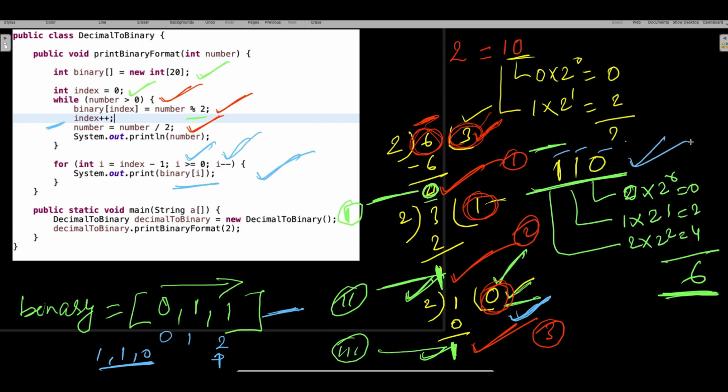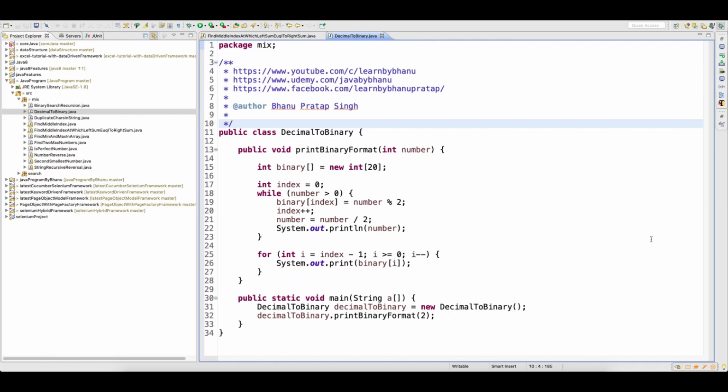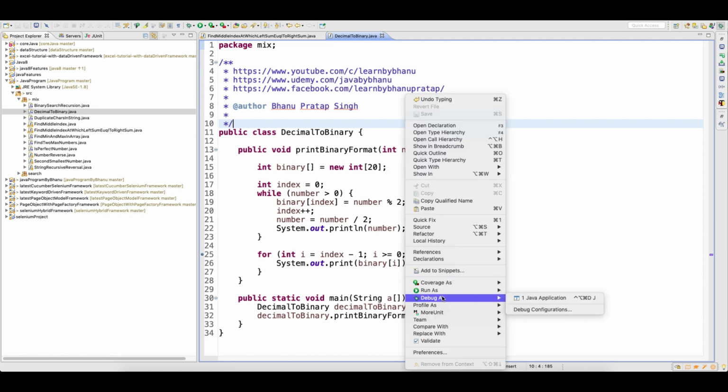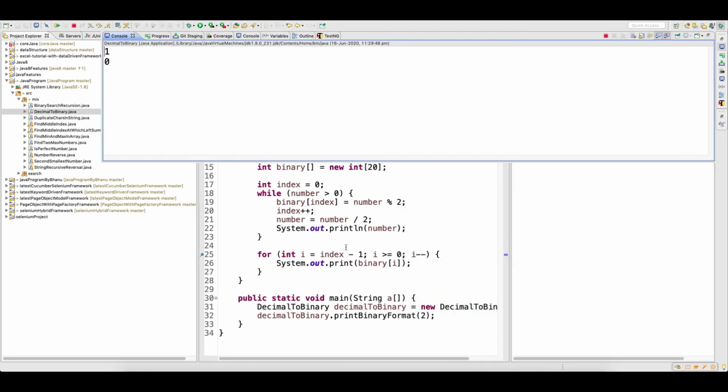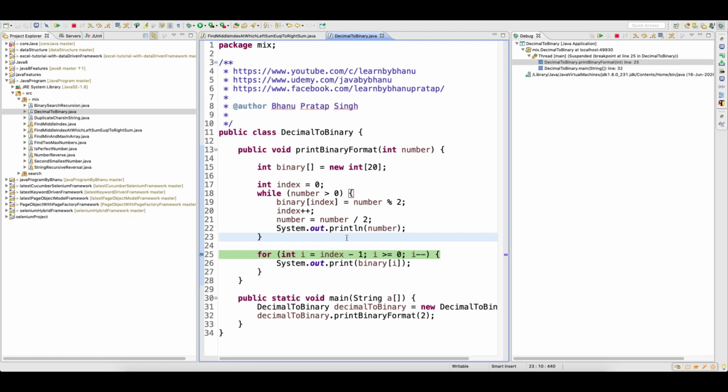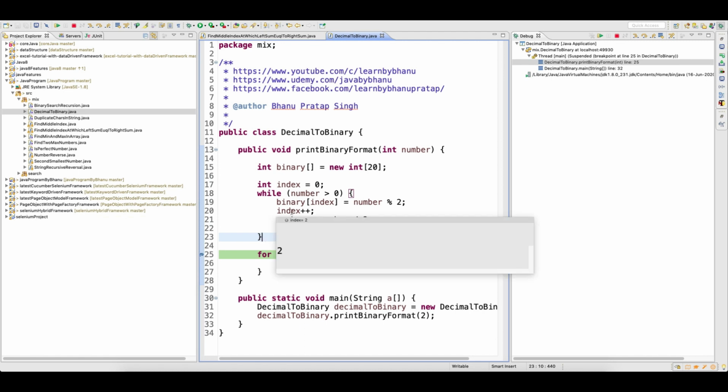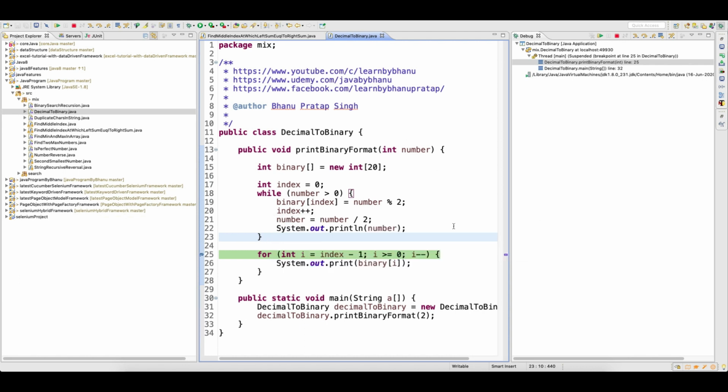So you understood how simple this program is. Let us see this program through Eclipse also, right? As I was mentioning, guys, let me put a debug point here and let's debug as Java application. I blindly just went there and put a debug point. I'll tell you why I put the debug point. What is the index here, guys? Index is equal to 2. Okay, so why is index equal to 2, guys? Because I took number is equal to 2.